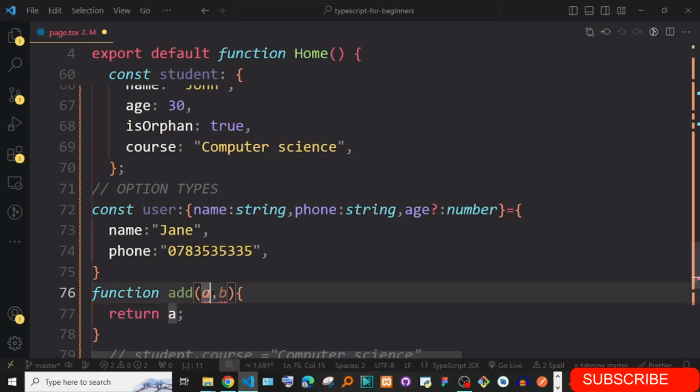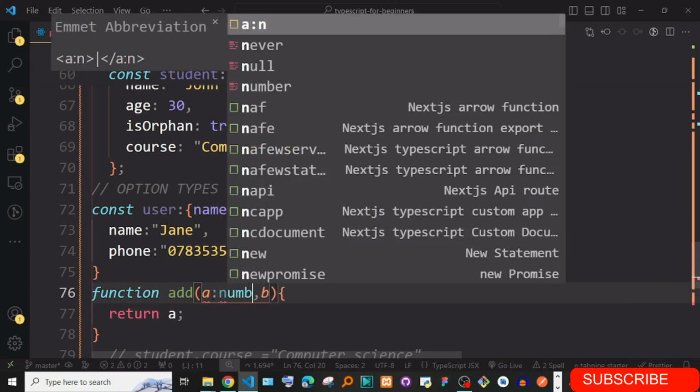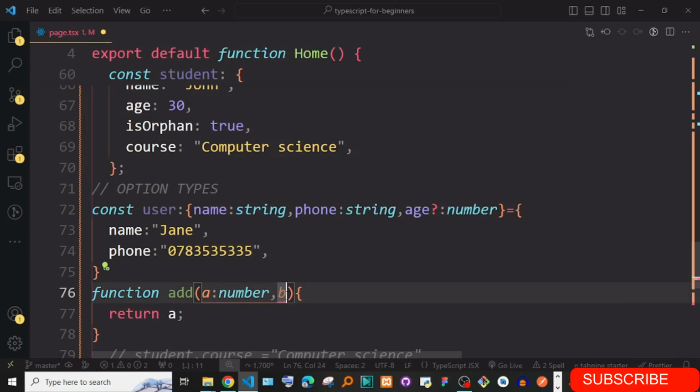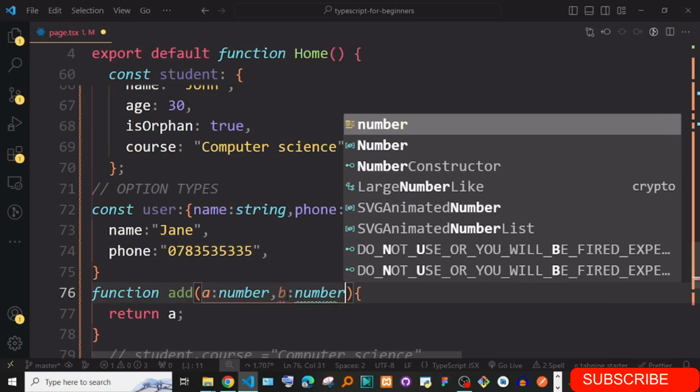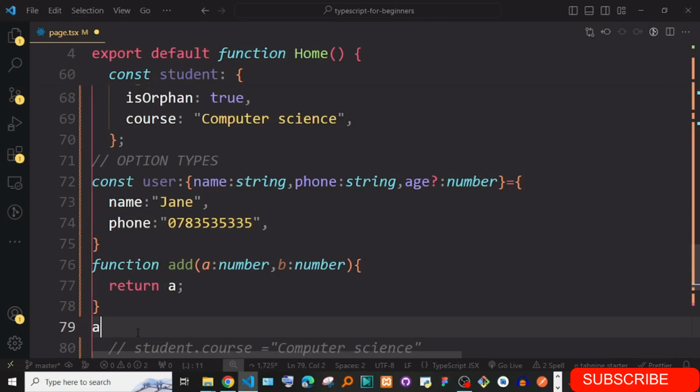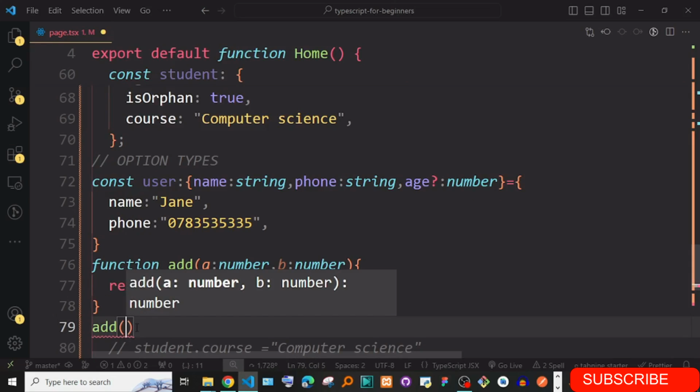Now we first say a is going to be a number, and b is also a number. So you try to call this function, and you say, for instance, add, and let's pass in only a, maybe 4.